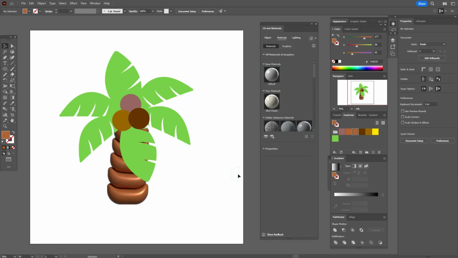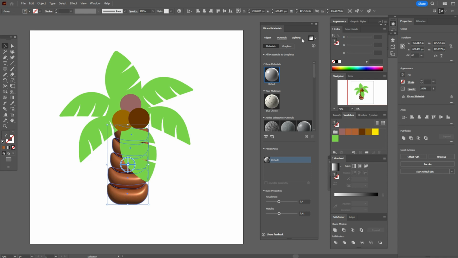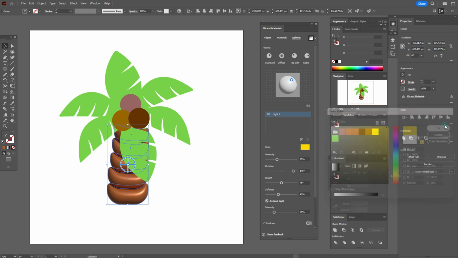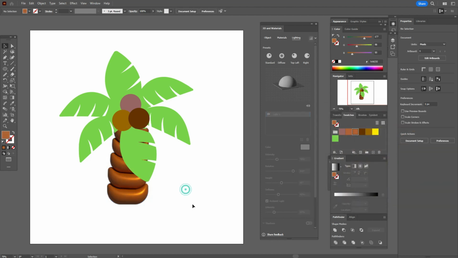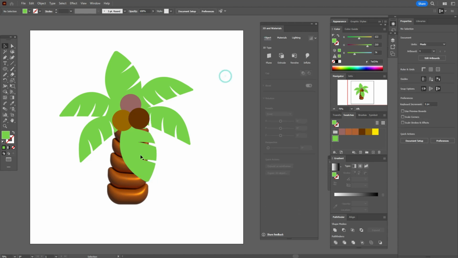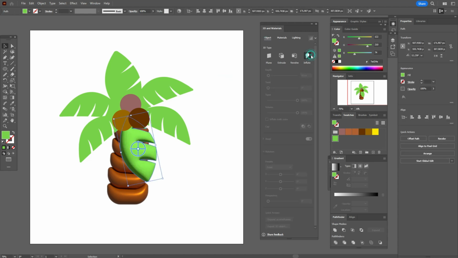And now let's change the color of the light here to yellow. Let it be so. Copy the color code. Ctrl C. Okay, and now let's go to that leaf object, the same, Inflate, that icon,